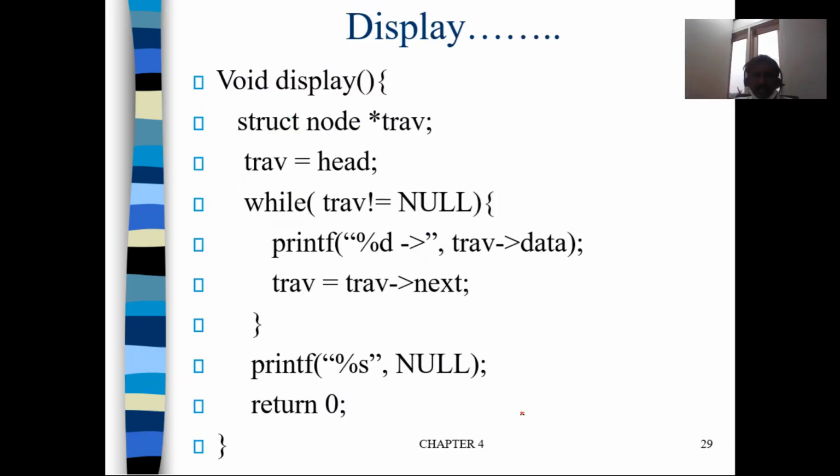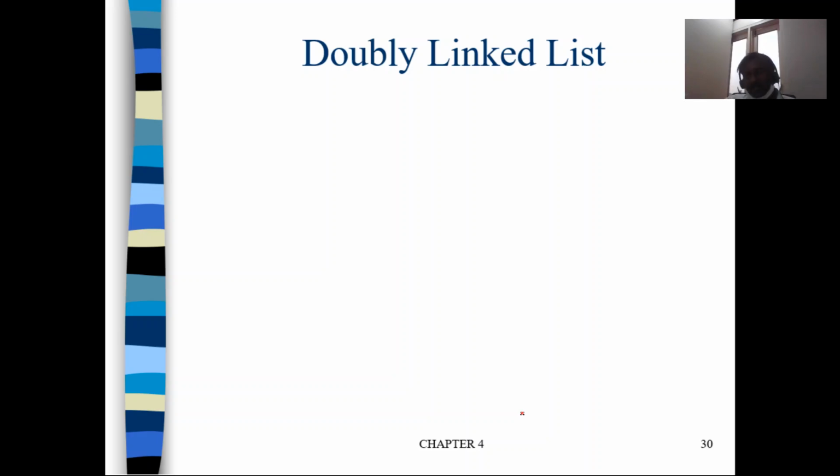Fine. So in today's lecture we'll be discussing the doubly linked list. In the last lecture we discussed the singly linked list. So what is meant by a doubly linked list? See, a doubly linked list also is a set of nodes, a collection of nodes,